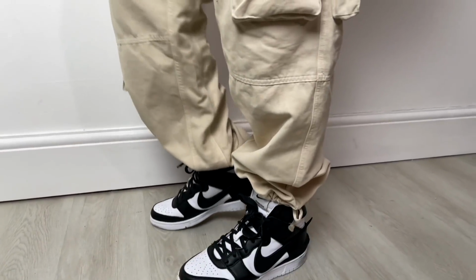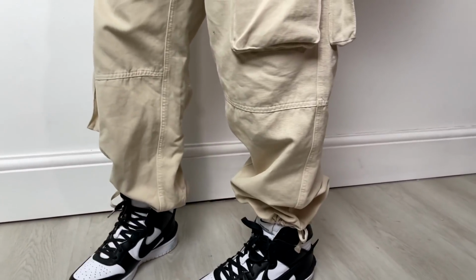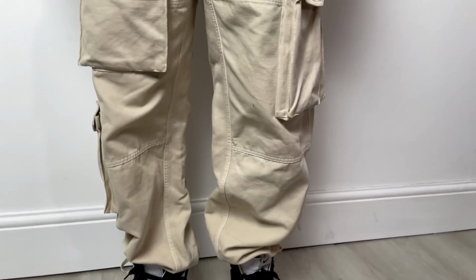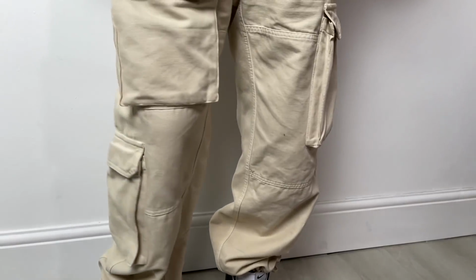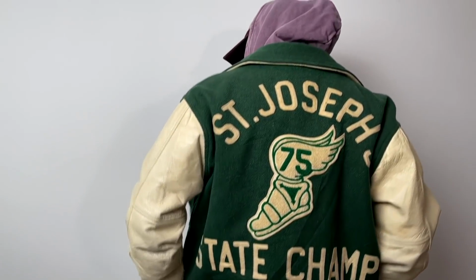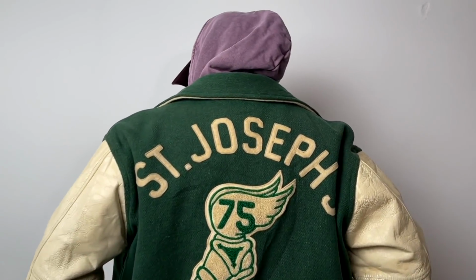So for this one, tucking the cargos into the shoes to show off the high cut silhouette, as opposed to the last fit where it covered it. Pretty sure those cargos are Rawn, but I could be wrong also. Very smooth beige. Up top, we got a vintage varsity jacket in a faded, almost dusty green, layered over that